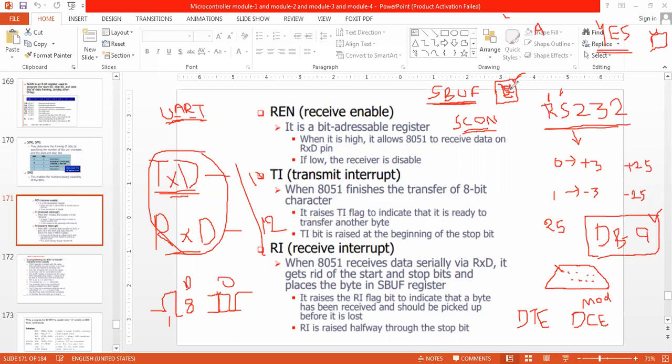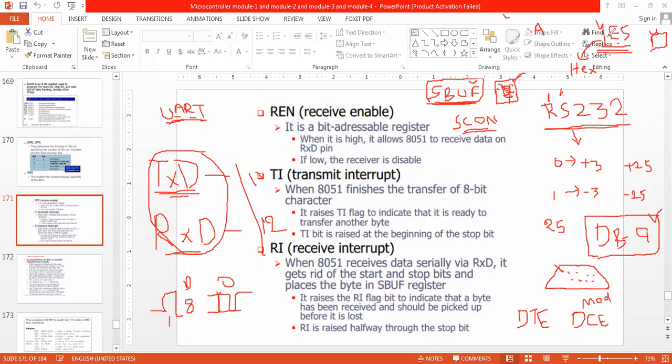Then I will put E and transmit E. Then I will store the value of S. These are ASCII characters, and each character has a hexadecimal number. So when I store an ASCII character, the hexadecimal number is stored into the SBUF register. While sending, whatever data I want to send, I store into the SBUF register.